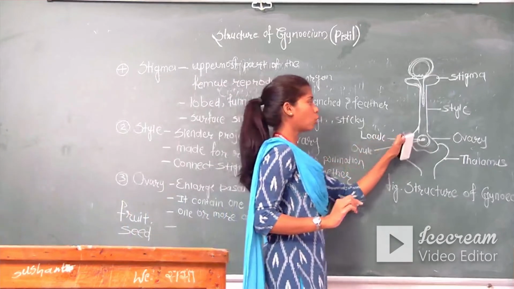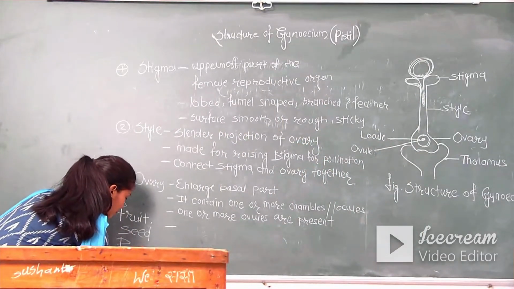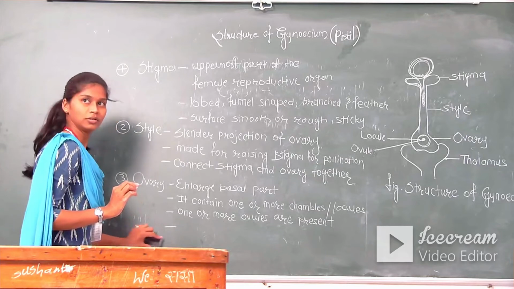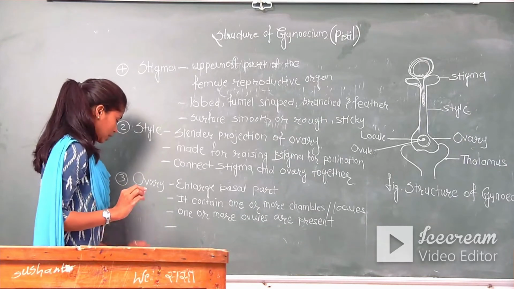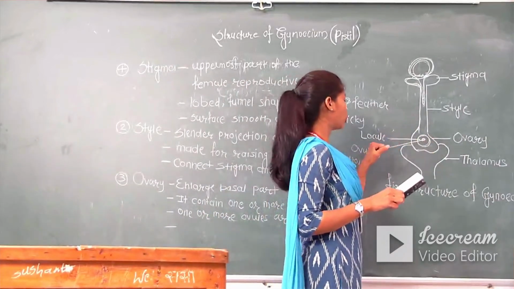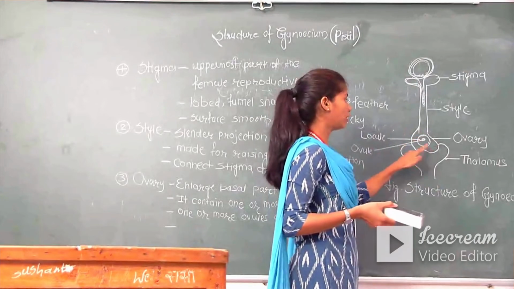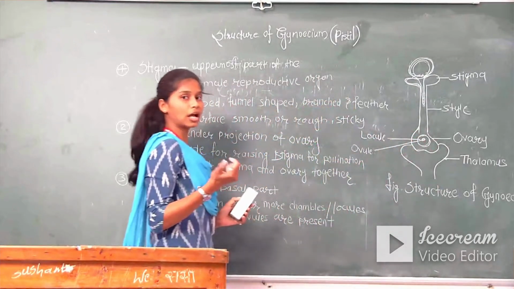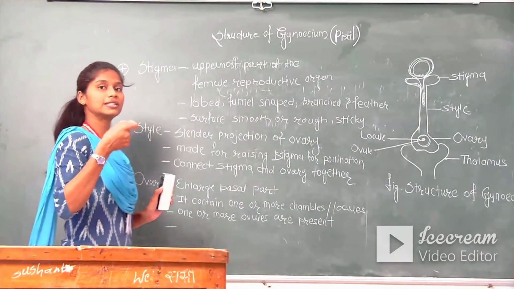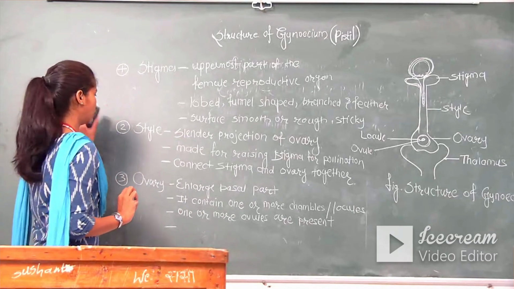And the wall of this ovary will get converted into pericarp, जिसको कहते हैं हम फलों की छाल. सो जब भी फर्टिलाइजेशन होता है, that ovary will get converted into fruit and जो ovules present होते हैं ovary के अंदर, that will get converted into seed and this wall of ovary will be converted into pericarp. जो भी आप फ्रूट्स खाते हो वो जो है वो क्या है? एक पकी हुई ओवरी है और उसके अंदर से जो सीड्स निकलते हैं दे आर नथिंग बट ओव्यूल्स. So these are the three main parts of gynoecium.